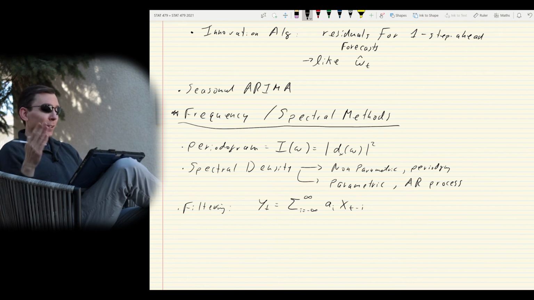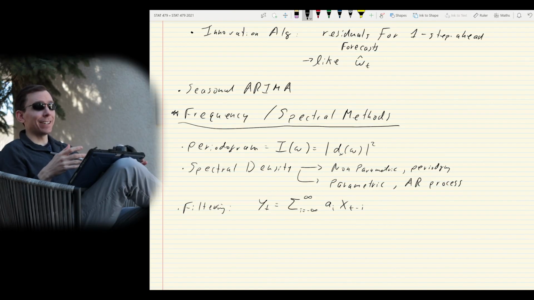But we can filter that using the way that white noise turns into autoregressive and moving average and more general ARMA processes. If we do that, then we can quickly figure out what the spectral density is for a general ARMA process, as we did in, well, one of the lectures on spectral methods. So in the end, all of these spectral methods are really just giving us a different way to look at